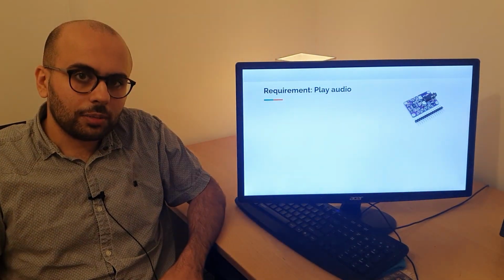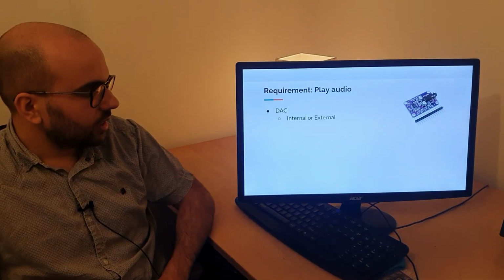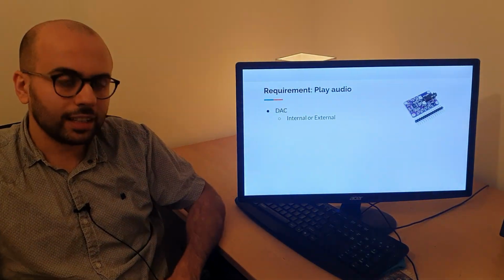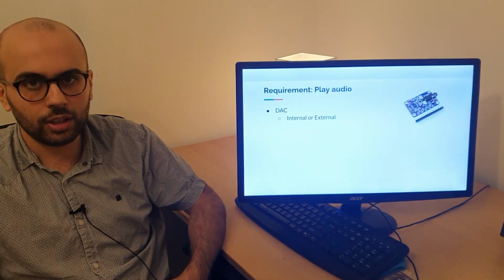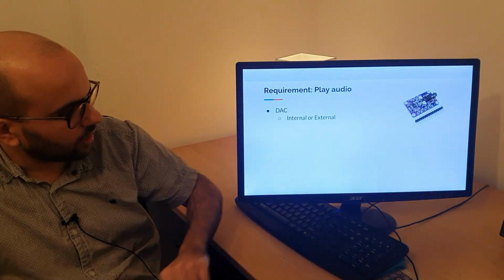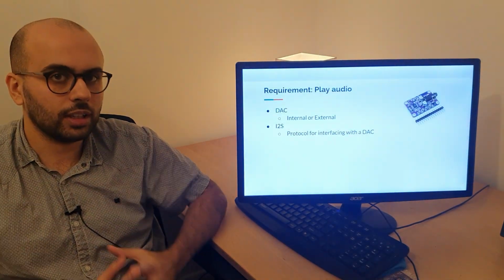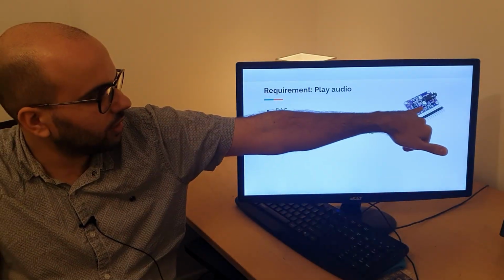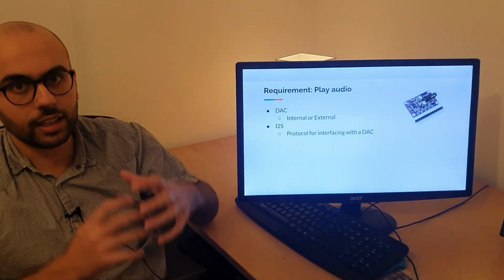So the first requirement is to be able to play audio. In order to do that, we're going to need some kind of digital to analog converter, which is called a DAC. And this could either be internal inside the microcontroller, or it could be an external board such as this one. If it is an external board, we're going to need to use I2S, which is a communications protocol, which will allow us to send audio data to this DAC, and then this will handle that and play the